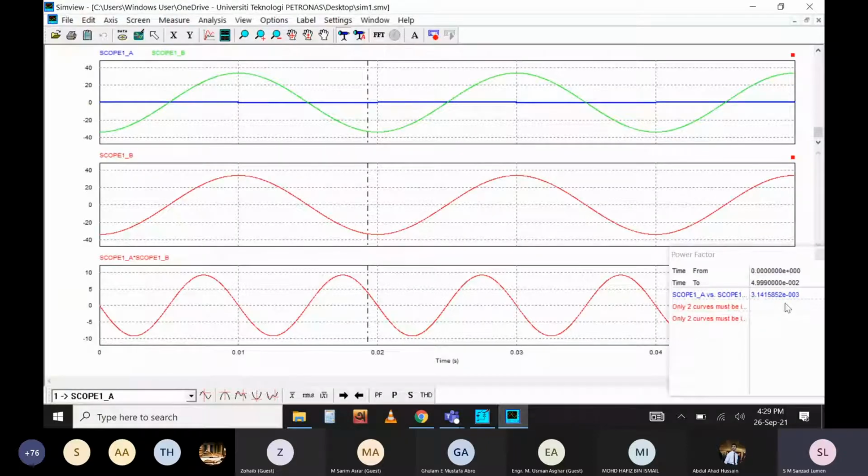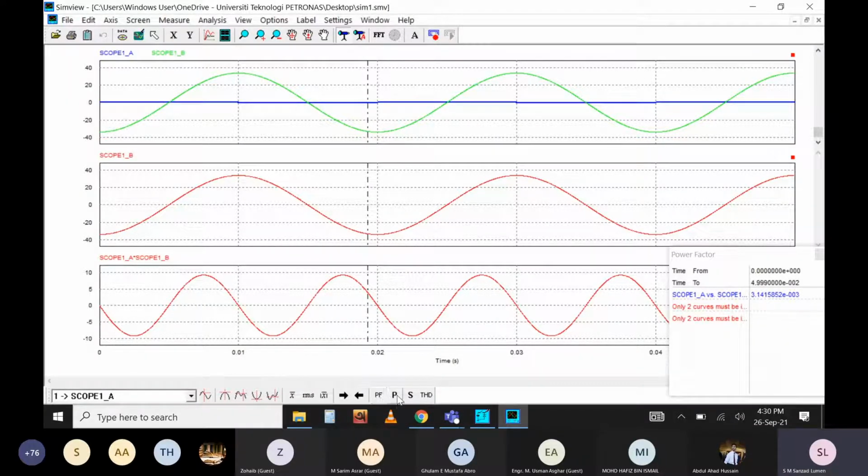Unless you give both, only voltage or only current is not enough information to calculate the power factor. You're going to need the voltage and current. As the first graph has the voltage and current, you can calculate the power factor, and it is given as 3.14 times 10 to the power minus 3, very low.